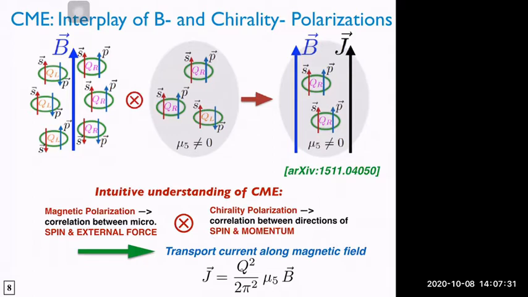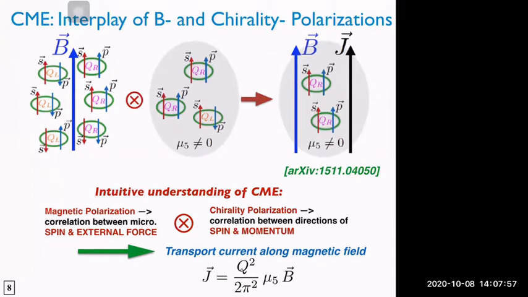As a result of that, and with the help of spin, now we have a correlation between the magnetic field and the momentum of the quarks in the system. Basically, momentum is parallel to spin, and spin is parallel to magnetic field. So in the end, the quarks have momentum that is preferably along the magnetic field, which means there is a current along the magnetic field. Now this is a very intuitive way of understanding what happens in CME, and it does reflect